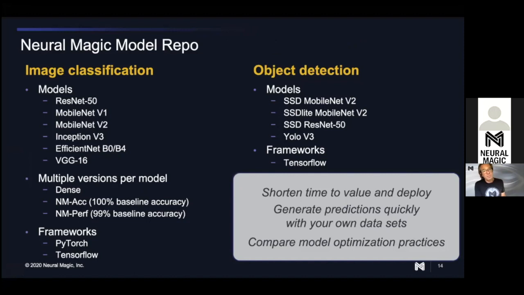Cool. So let's go a little bit further to give you a sense of what you see in the model repo. So we have lots of models for both classification and detection. This is an area that's growing all the time. And as I mentioned, this is about faster time to value, right? It gets you a model, you're up and running, delivers the results you need, and then you can get out to deploy. So think of it as an advanced starting point